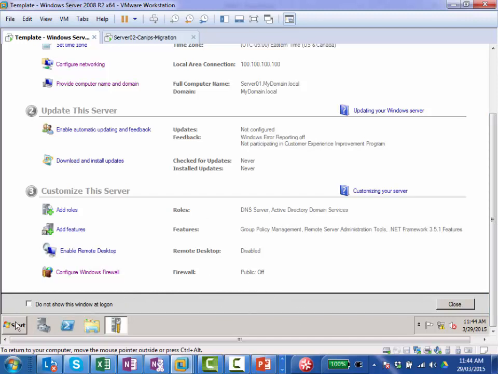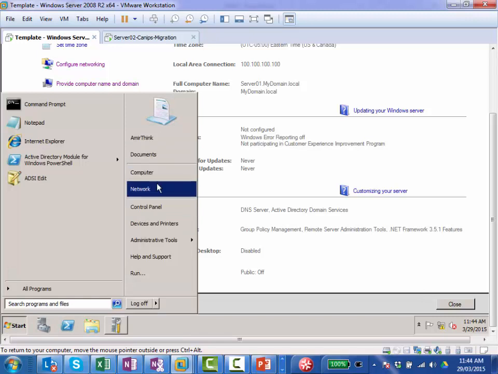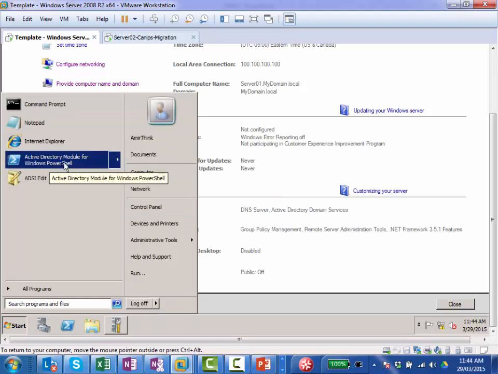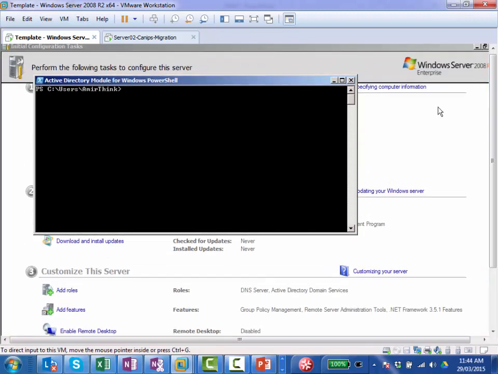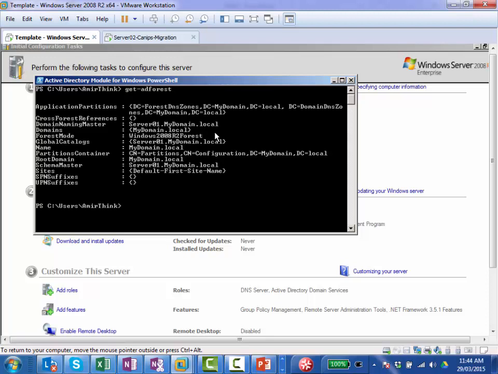I think I have opened that PowerShell module already. I'll just put that Active Directory module for Windows PowerShell. Get-ADForest. I think this was the command, right? Yep, that's the command. So when I run Get-ADForest on the role holder, it is going to tell me